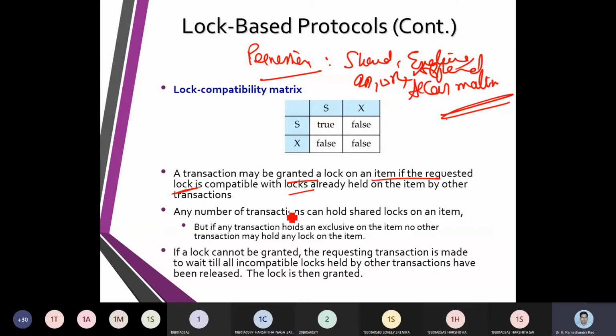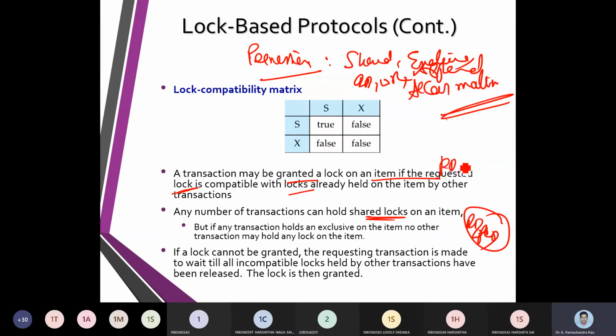After this, we have the shared lock. In a shared lock, the items are shared. That is what we say using read and write. At any point of time, two concurrent reads can happen.